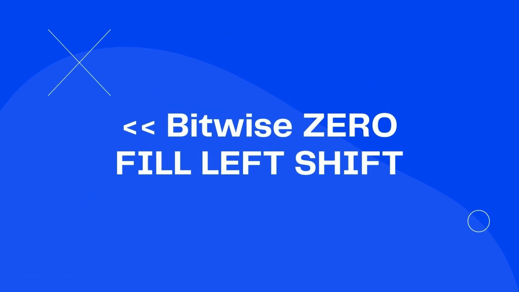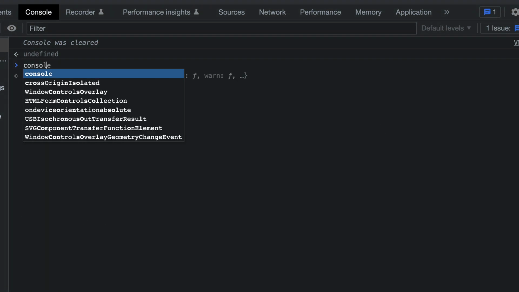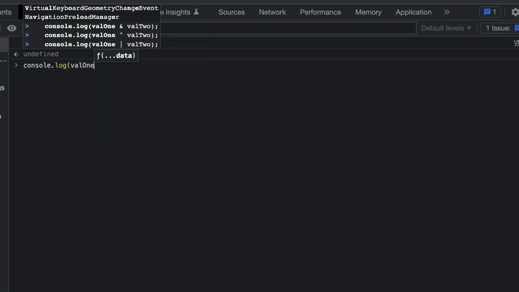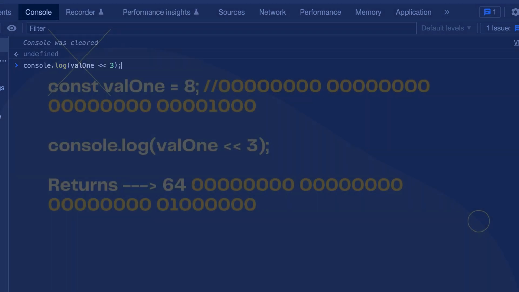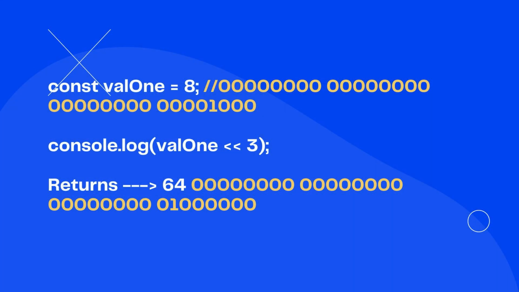The zero fill left shift operator is often just referred to as left shift, and it's represented by 2 less than symbols. This operator will shift all the bits to the left by the amount of the number used. Let's look at an example. We'll use the val1 variable again, and then in the console log, we'll use the left shift operator with 3. We can see all the bits get moved along to the left by 3, and everything in their original places